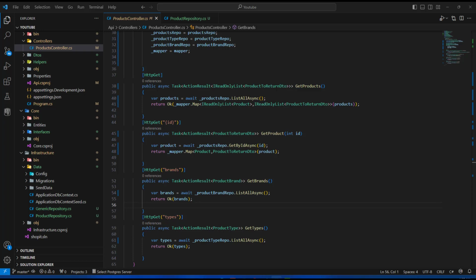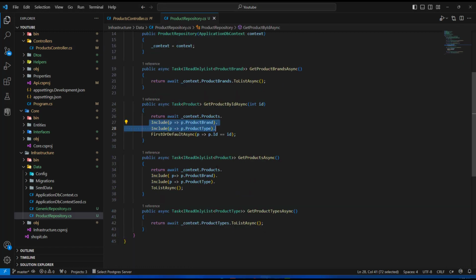In the last video we saw how to implement the generic repository in our project. We also used it in the controller to get the products, the types and the brands. Again, we're facing the issue of adding the navigation properties like we did in the repository pattern. And not only that, we also can't add some required criteria on certain entities like we did in the repository